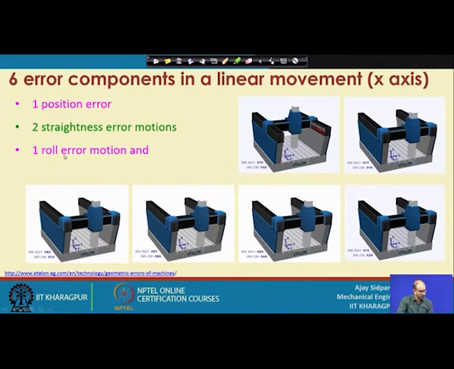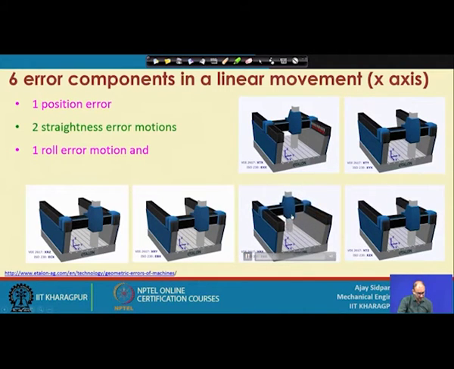Then one is the roll error motion. So, this one is this one. Now this is called x roll motion. Earlier it was a translation, x t x: motion in x direction, but error in x direction translation. Here motion is in x direction, but error in y translation. Here motion is again in x direction and error in z, but a translation error. But now it is r. So, it is a rotational error. So, let us see how it is a rotational error.